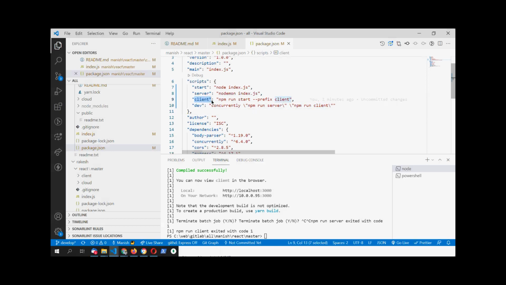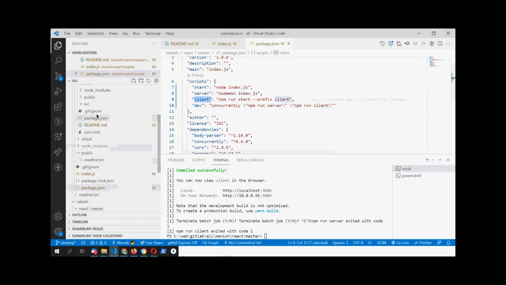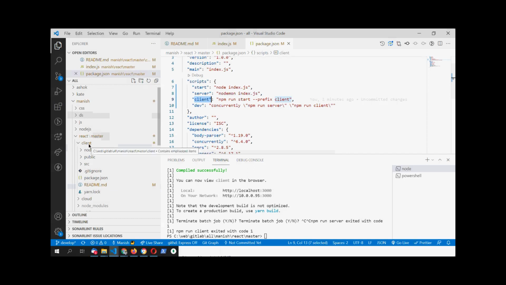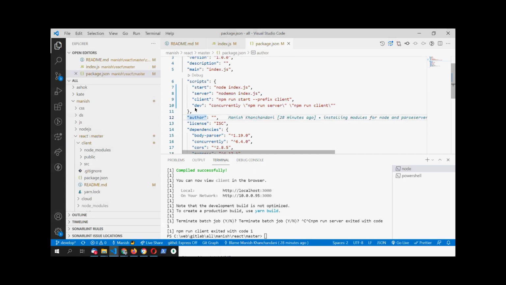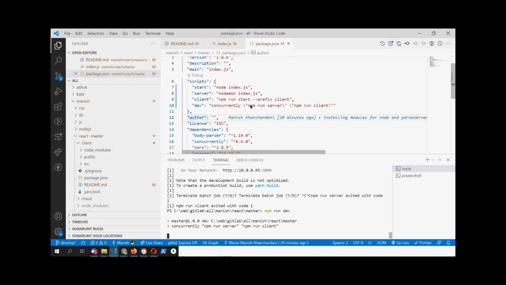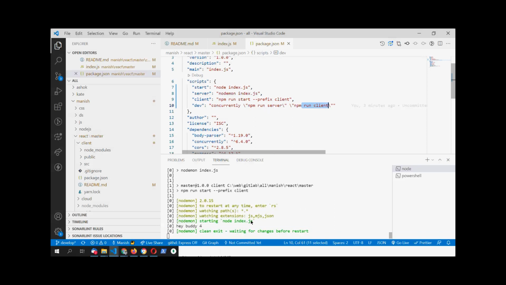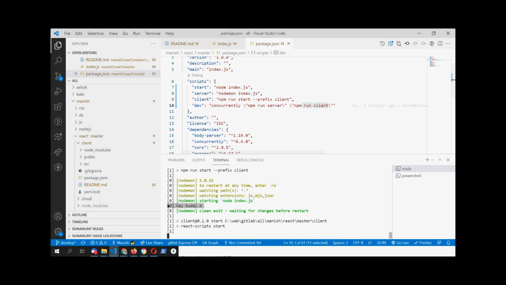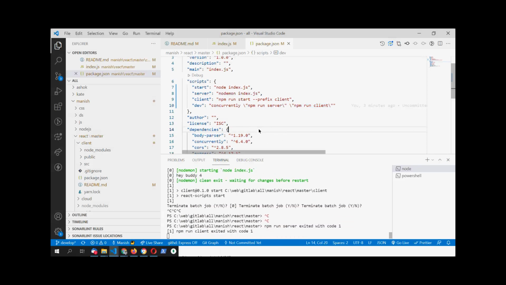And if I run npm run client, it will go inside the client folder and run npm start, which will run my React code. And then there's dev. If I run npm run dev, it will run the server together with the client. So both should be started in one go. Now my server is started and the client is starting. Okay, so I will write down this script part,